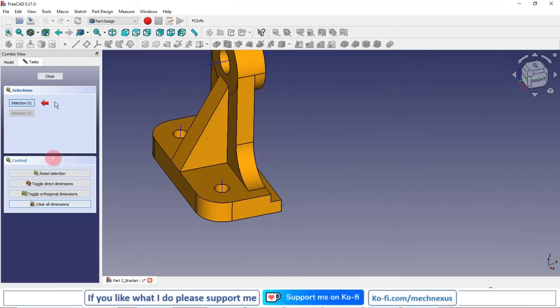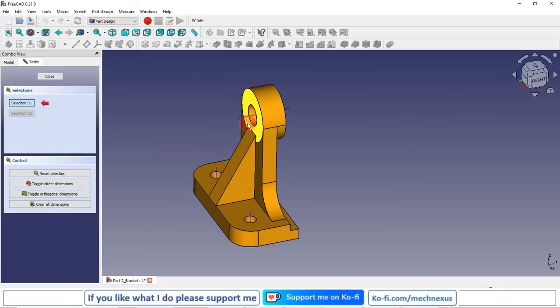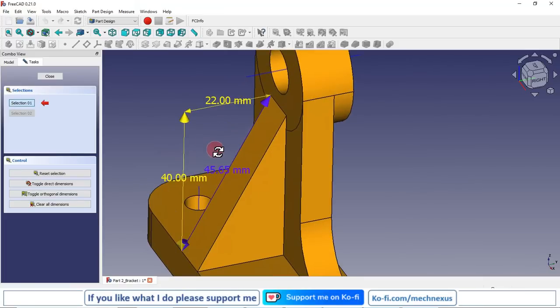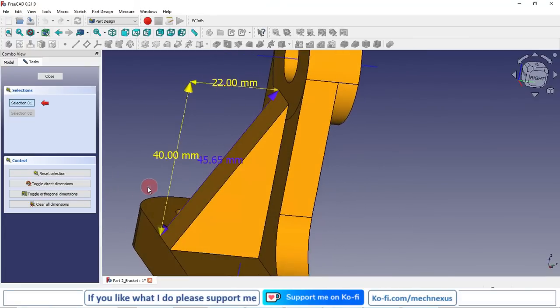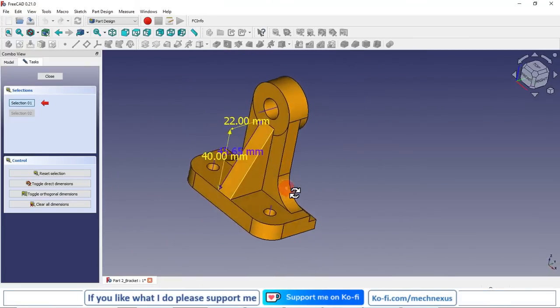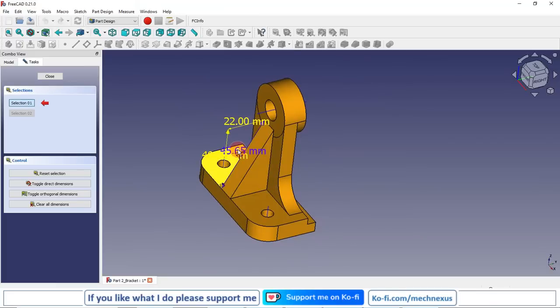Now click on the clear dimension. Now I will again select these 2 edges. So you can see that these 2 dimensions are shown in yellow and looking very sharp,